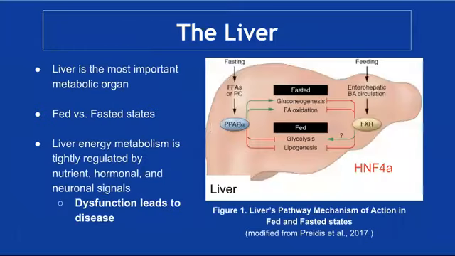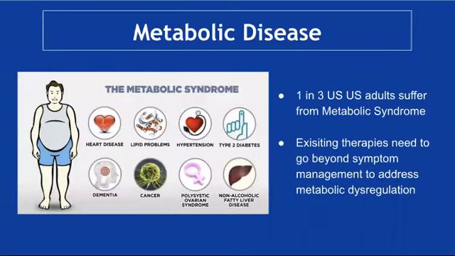Just before we get started with actually talking about my research, I wanted to explain what metabolic disease is and why we care about researching it. Metabolic diseases are a growing problem in our society, and they will likely affect most of us at some point in our lives. According to the NIH, as of 2022, nearly 1 in 3 US adults meet the criteria for metabolic syndrome, which includes numerous conditions, such as abdominal obesity, hypertension, type 2 diabetes, etc.